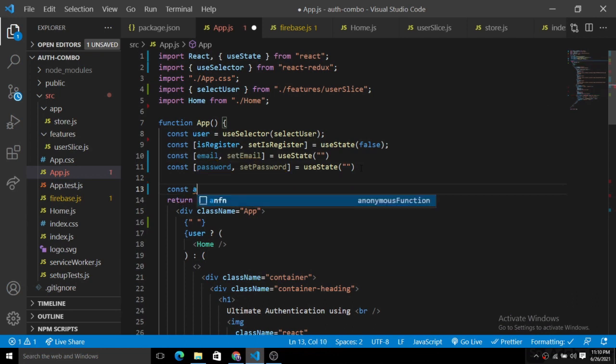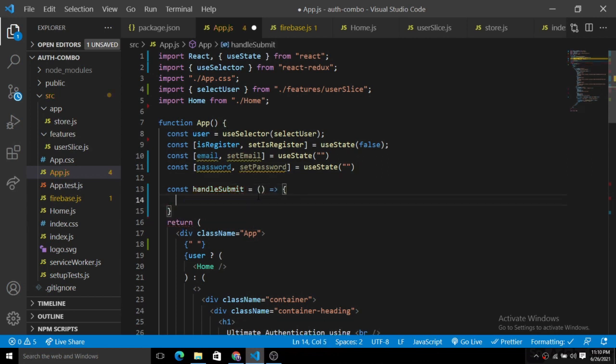So const handleSubmit, and here we provide the event as an object, and we prevent any browser default rendering issues. So here we provide e.preventDefault. It protects our React app from infinite refreshing every time we hit the button.